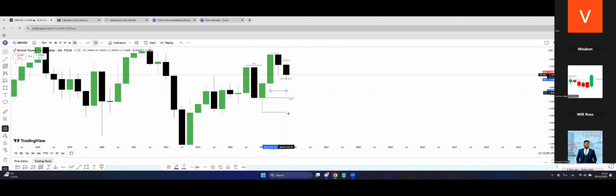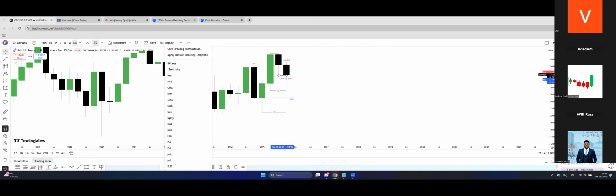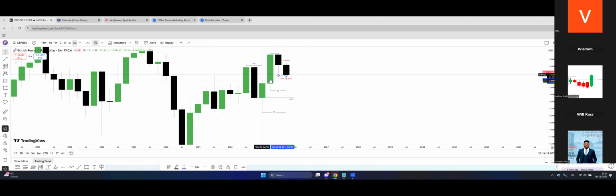Right here, this one. Let me just identify areas of liquidity in this time frame. So we have liquidity below this low. We have liquidity below this low. Like I say, we are looking at price action right now, where price is. We also have liquidity below this low. And looking at this low, because this is where price is now, what is here?